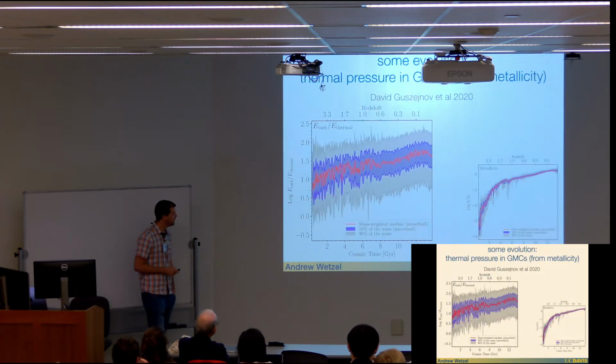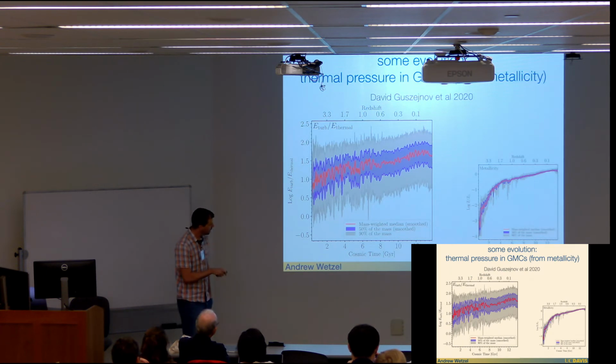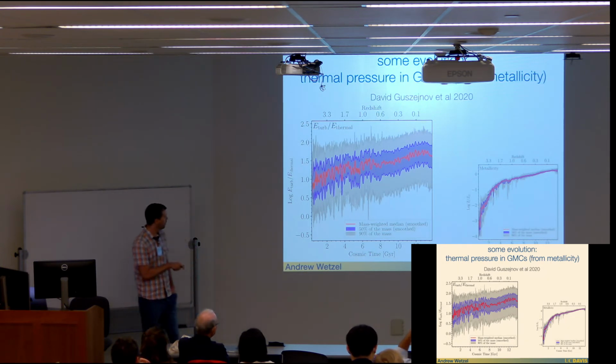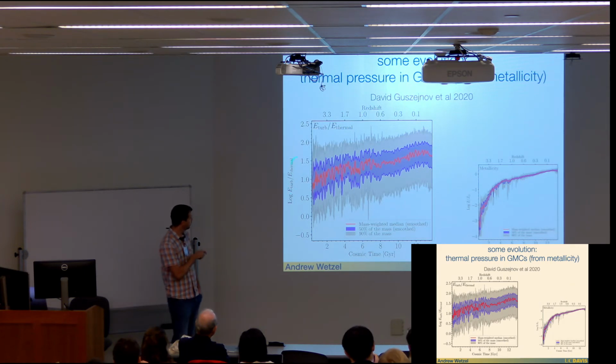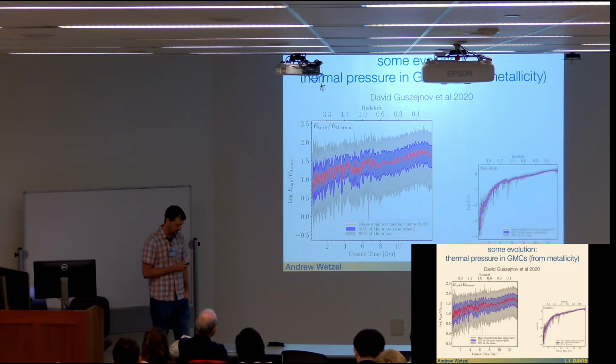The only thing where we did see modest evolution is because, of course, these galaxies are metal enriching over time. The clouds were necessarily more metal poor at early times, so that affects their cooling, right? So earlier on, relative to today, there was relatively less efficient cooling, and so the ratio of turbulent to thermal energy was going down as you look back. So earlier in the formation history, because of the reduced cooling, the thermal pressure was slightly more substantial than it is today. That's the one thing that we saw systematic evolution for.